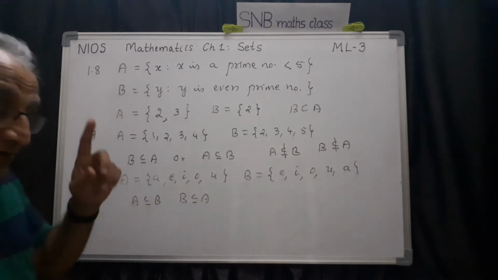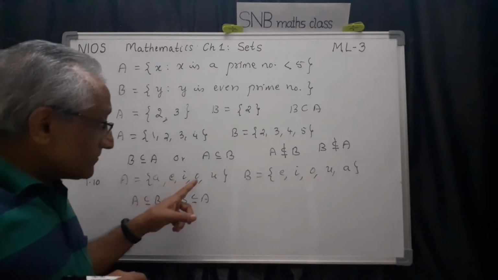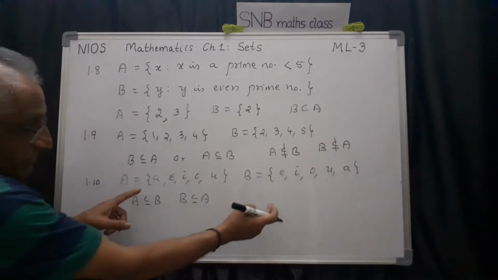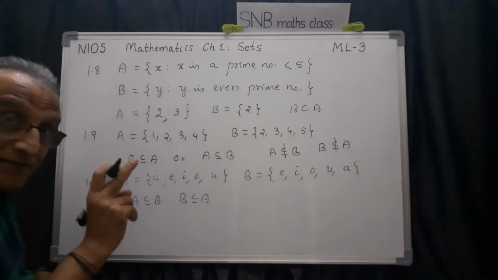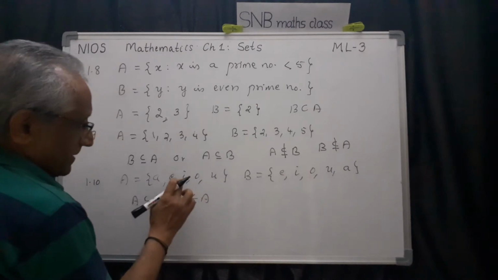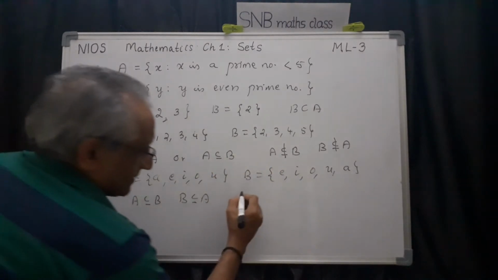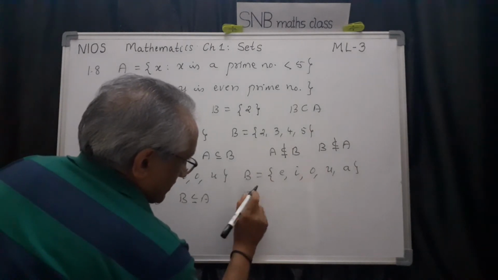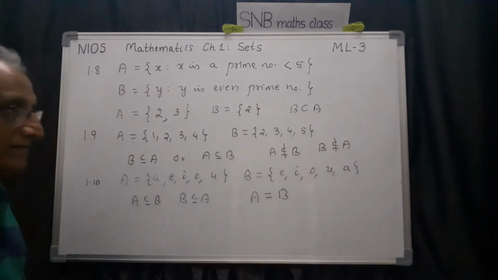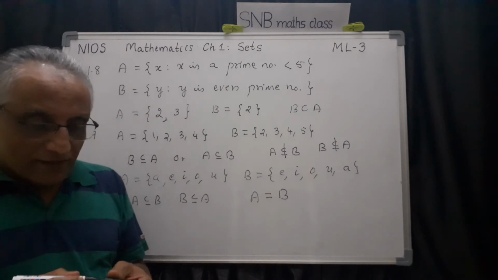So if you look here, I have told you in the first period only that in a set, order of the element is not important. You can write it in any order. So if you observe these two, both are having the same element. See, A is there, A is there. E is here, E is here. I, O, U. Only thing is order is different. Definitely here A and B are one and the same. Therefore, we know that if two sets are having same element and same number of element, A is equal to B. So this is the answer.